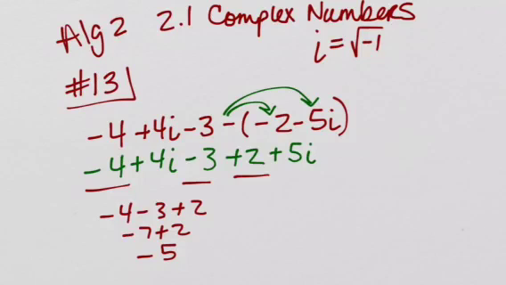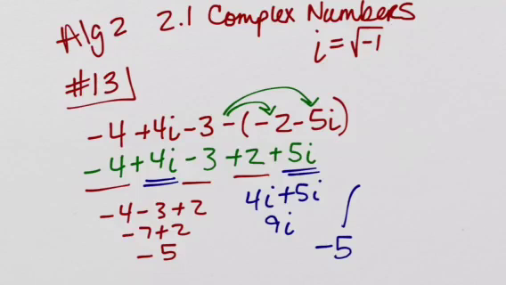And then let's go ahead and do the like terms that have the i. I'll double underline it in blue. So there's i and there's i. So I have 4i and I need to add 5 more. Well, that's 9i. So in total, there is a real part, that's the -5, and then there's an imaginary part,